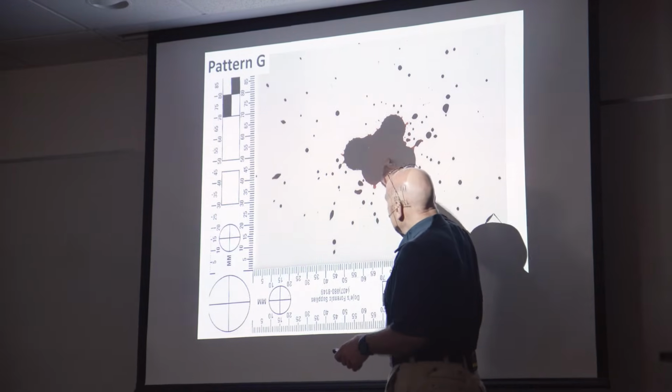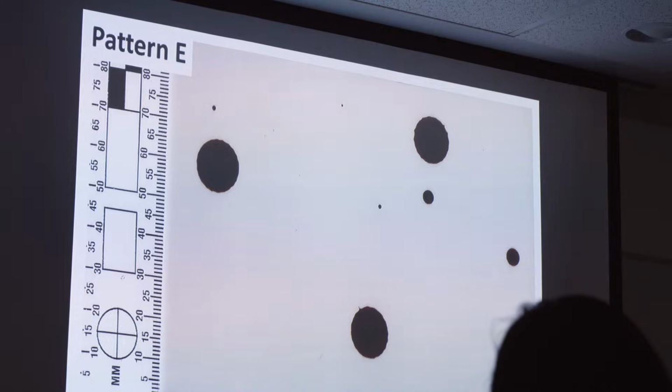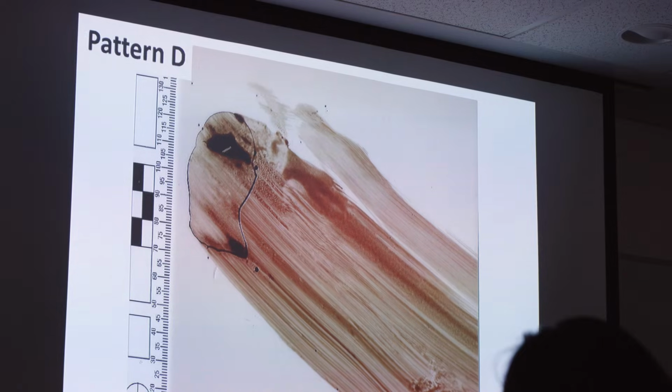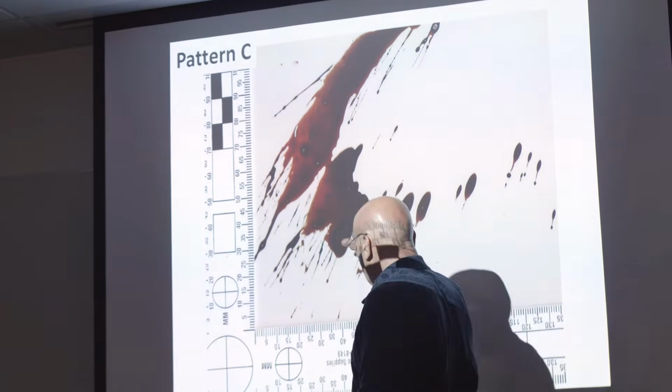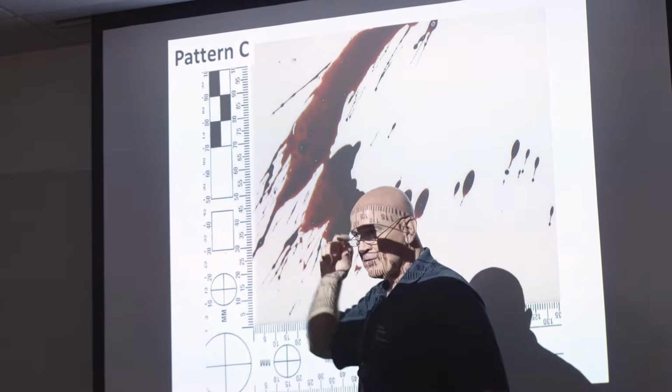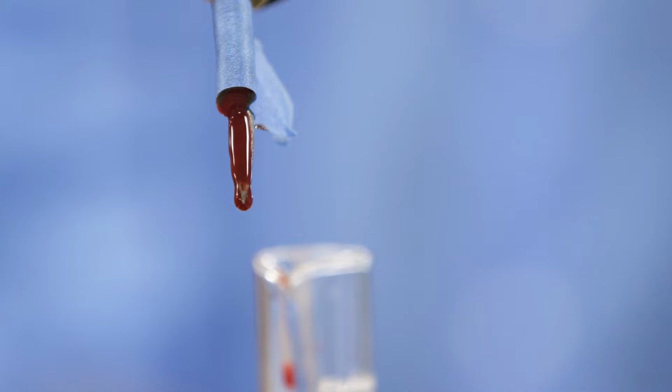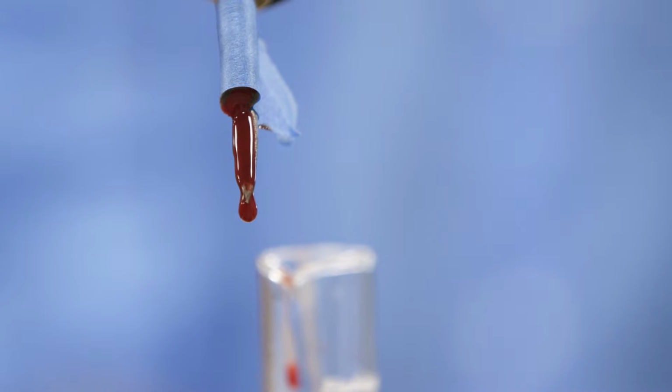First thing you want to do is identify the patterns, and then once you identify the patterns, we expect certain things to happen. Blood being a fluid has to follow the laws of physics and fluid dynamics, so I know that if an impact spatter occurs, this will happen. But what exactly is happening when a bloodstain forms?